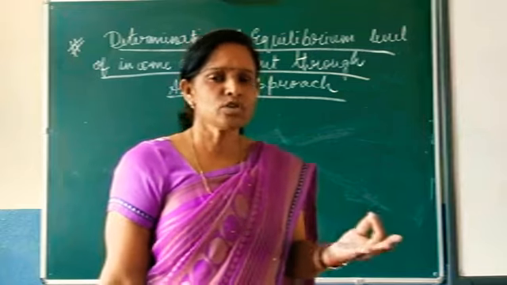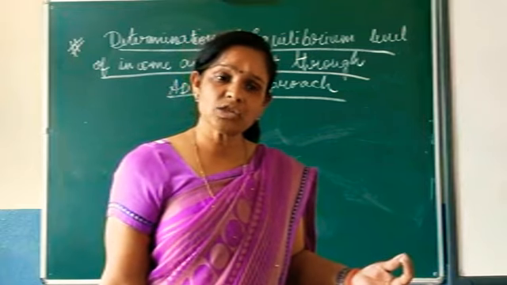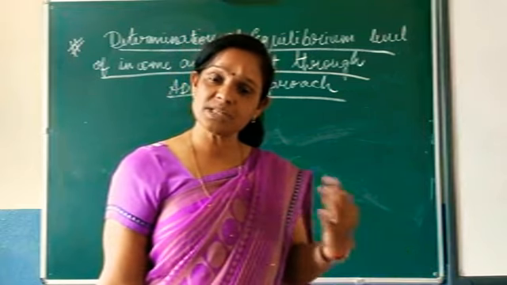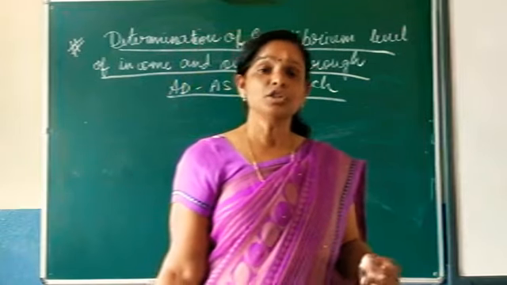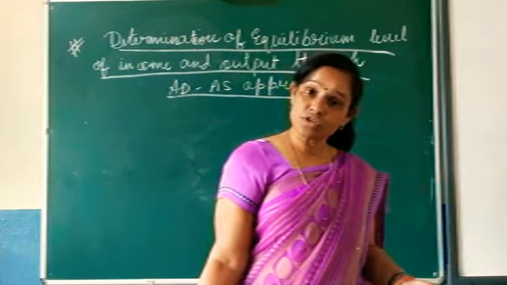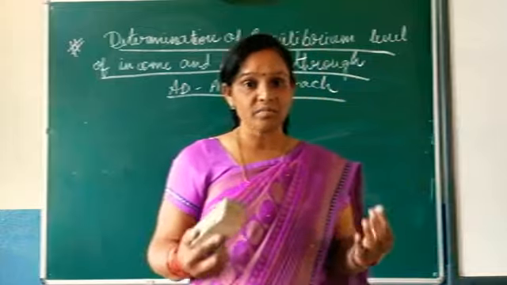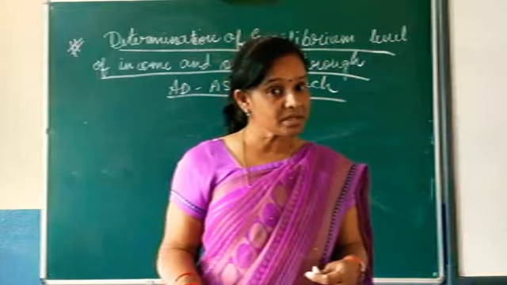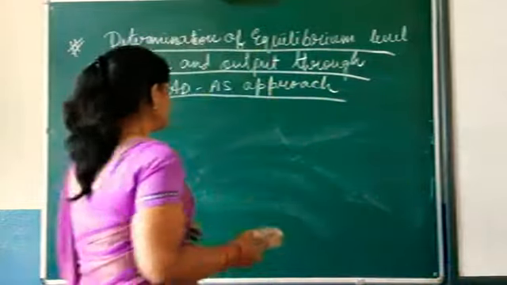Okay, that is because aggregate supply is the total amount of goods and services produced and supplied. And what is national income? The money value of final goods and services produced in the economy is the same thing. So aggregate supply is nothing but national income. Okay, now